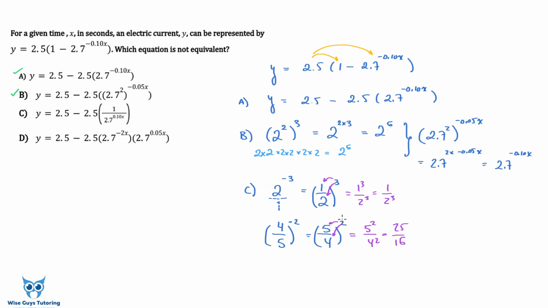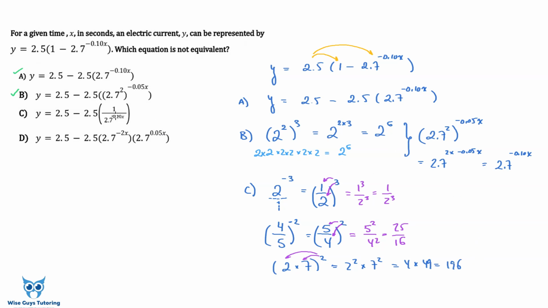But the point is that even if it was a multiplication here, I'll give you an example just to finish it off. Let's say it's 2 times 7 squared. This 2 would also get distributed to both because it's a multiplication. So this would end up being 2 squared times 7 squared, which is 4 times 49, which is 196. Okay, so in this case,